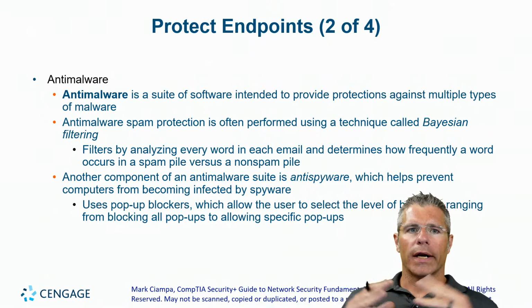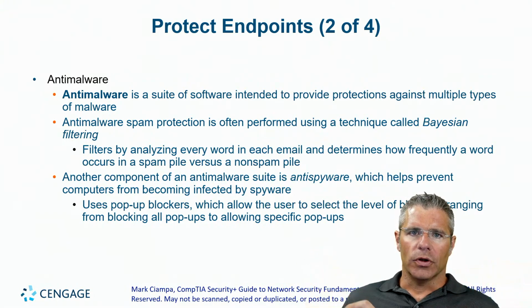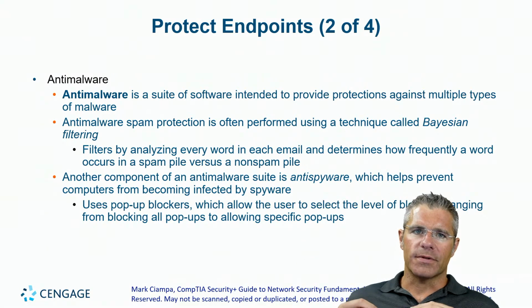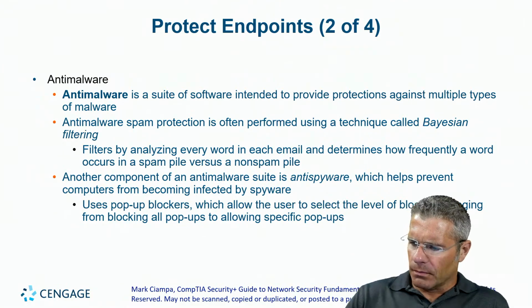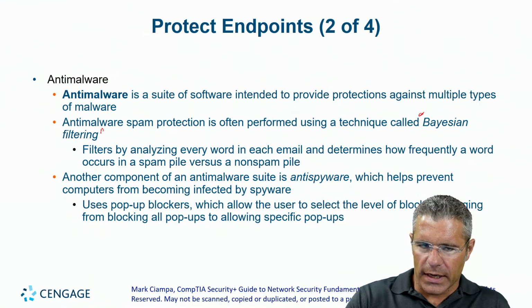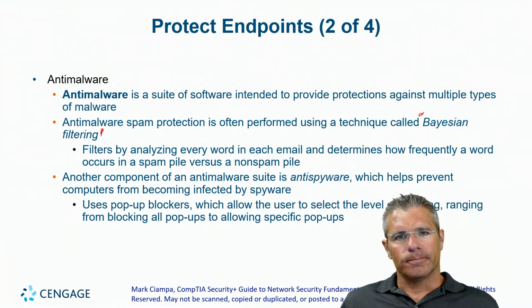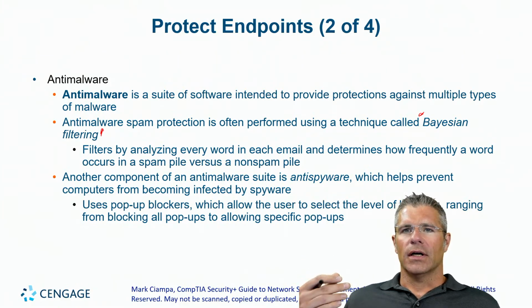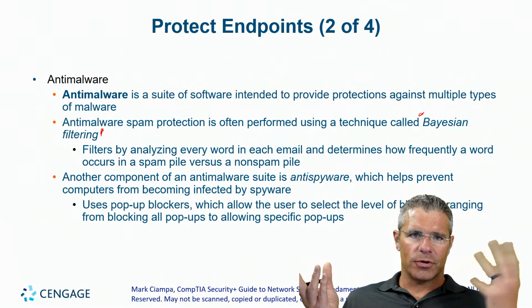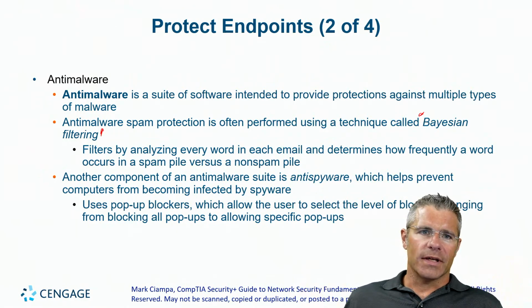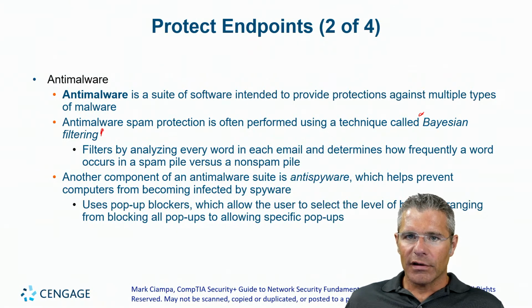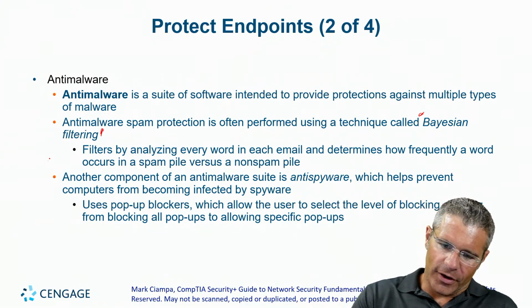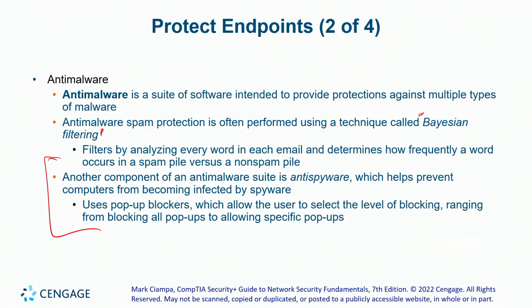Anti-malware is when you broaden that out to look for multiple types of malware. Mark loves Bayesian filtering, so he throws that into every one of his books. By looking at email and word frequency, you can compare a pile of spam to a non-pile of spam. The same thing is true of most types of web pages, and those products might involve things that integrate into your web browsers to prevent pop-ups or automatically loading JavaScript or bad things like that.